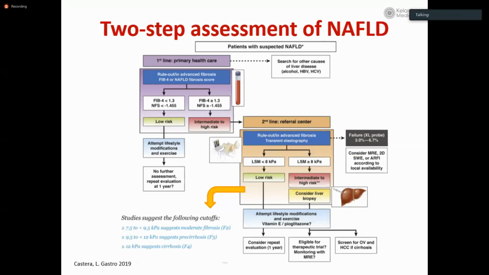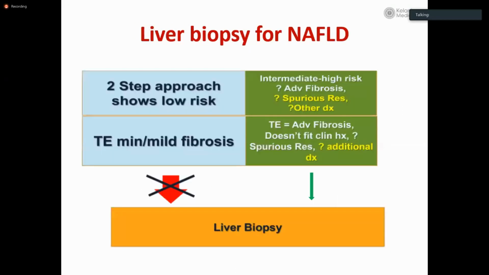So we have this two-step assessment, first serological, then image-based FibroScan, and decide on the treatment. So when will we consider a liver biopsy? Liver biopsy is very rarely done for non-alcoholic fatty liver disease. When I was a trainee, we used to do a lot of biopsies, because of the non-invasive assessment of liver fibrosis that is now available, we are moving away from doing too many biopsies.